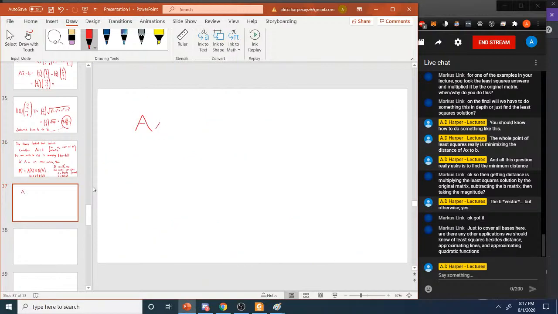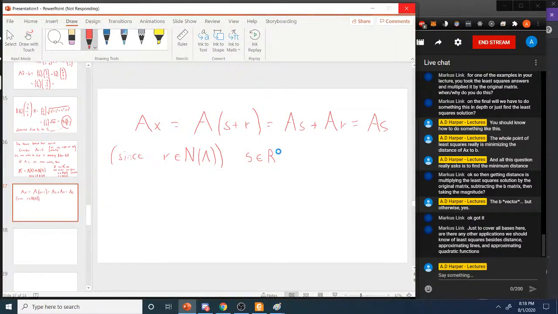So we can look at Ax, and this is the same thing as A(s plus r), which is the same thing as As plus Ar, which is just equal to As, since r is in the null space of A. So, since s is an element of the column space,